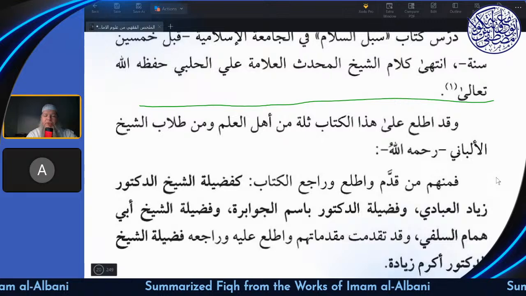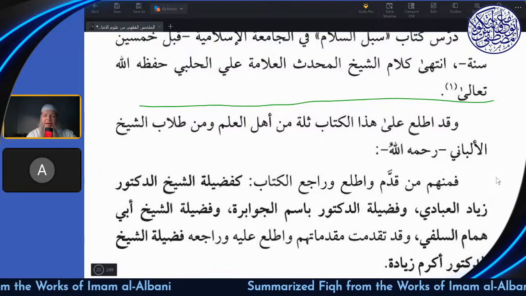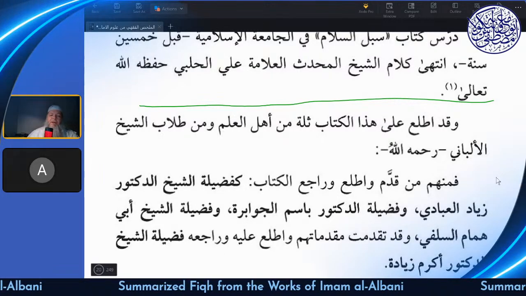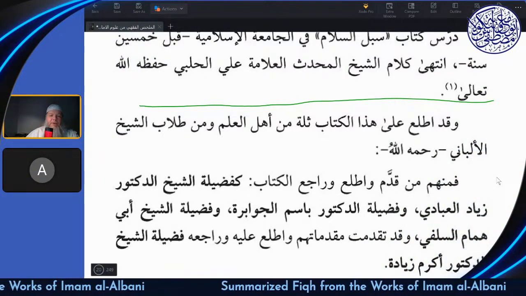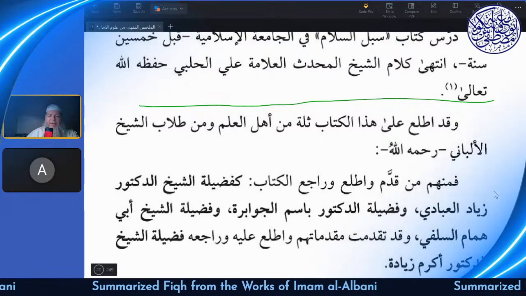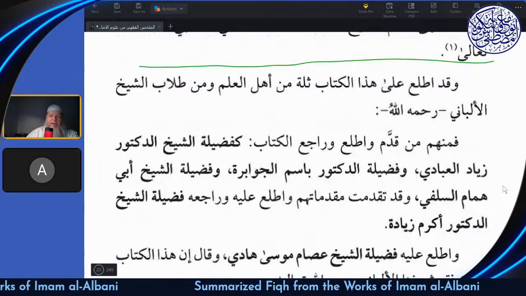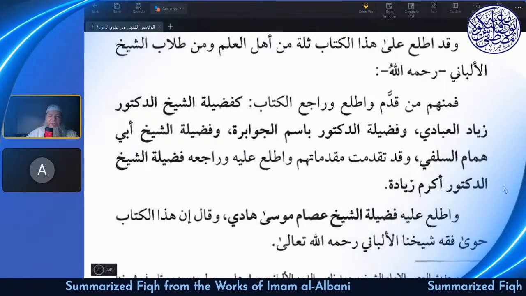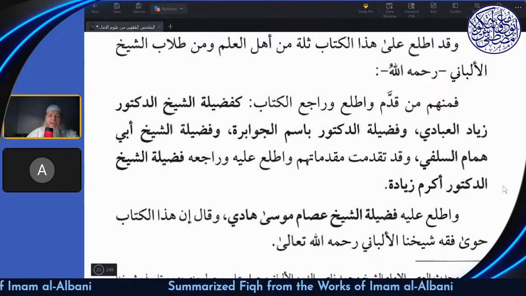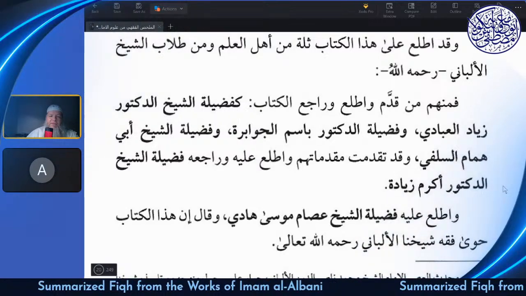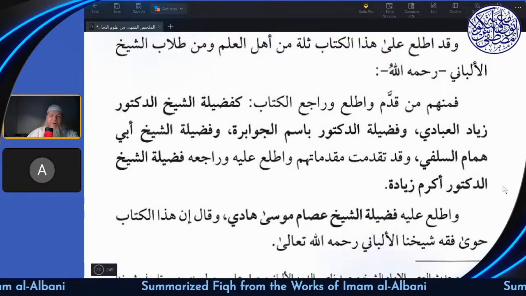So from them are those who wrote an introduction and examined it and reviewed the book, like Sheikh Ziyad al-Abbadi, Basim al-Jawabira, and Abu Hammam as-Salafi. Their introductions have preceded, and the virtuous Sheikh Dr. Akram Ziyada reviewed the book as well. And Sheikh Isam Musa Hadi also reviewed it, and he said this book contains the fiqh of our Sheikh Al-Albani,